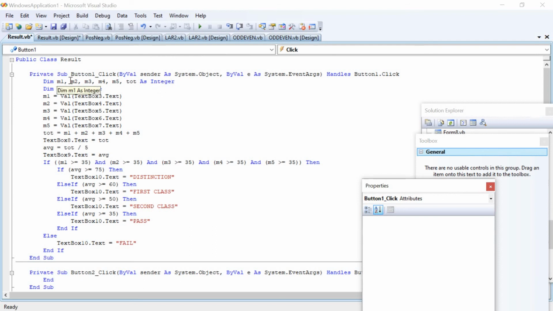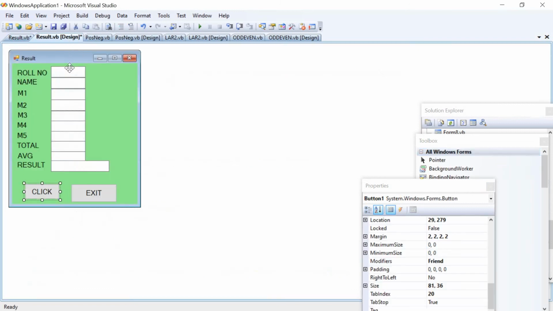Variables are M1, M2, M3, M4, M5, total, right? And average is taken of single data type here, right? And then marks for 5 different subjects will be entered from text box 3 to text box 7, right?